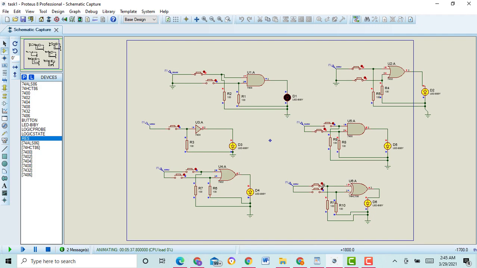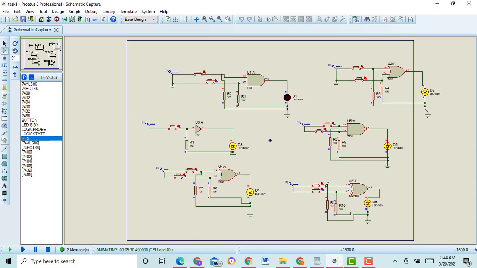And now I will verify the XOR gate circuit in front of you. Here you can see when I give different inputs to the XOR gate, then the LED will be on. Here you can see this button is closed and this button is open, and now I just open this button and the LED will be off, and I am just closing this button.